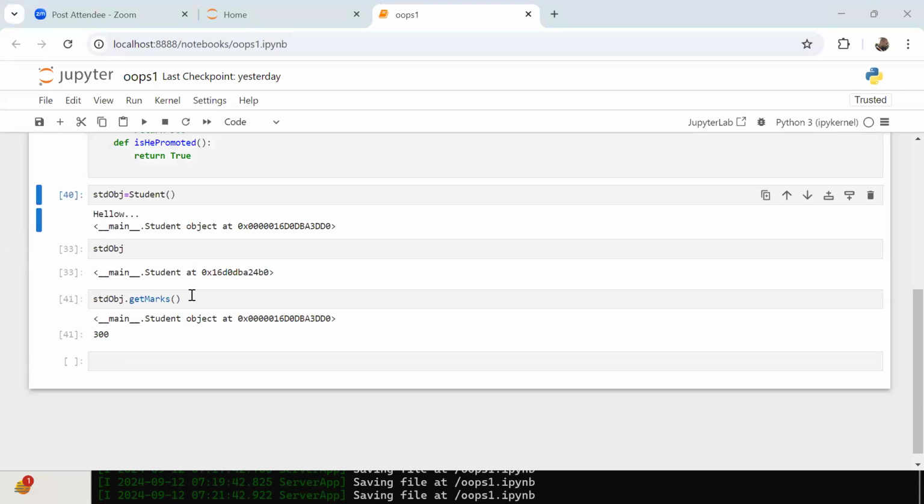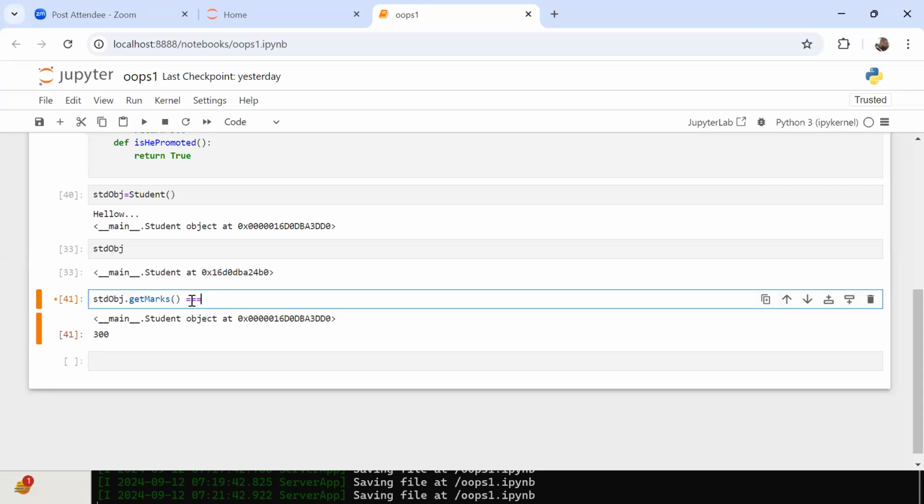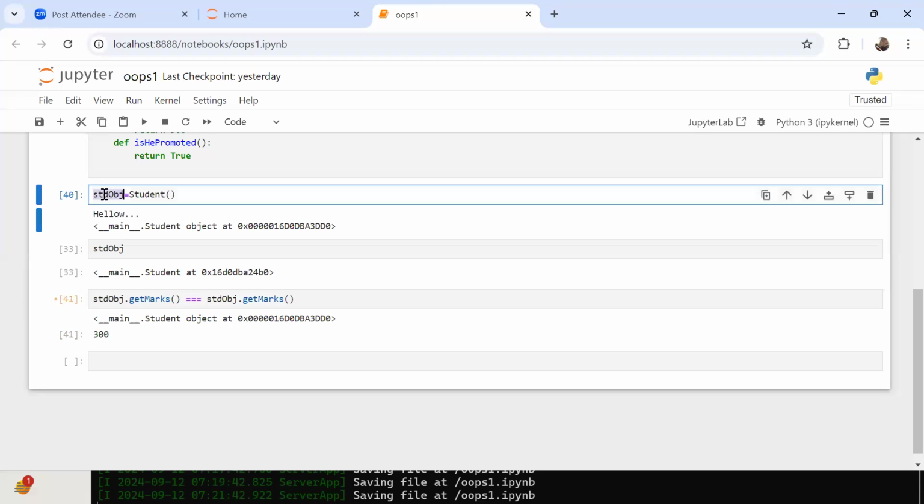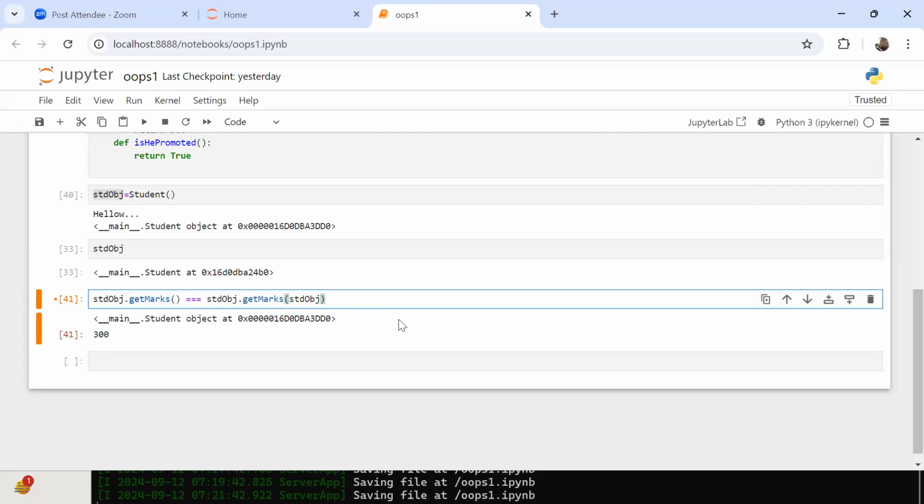Okay, so can anyone tell me, whenever you call like this, internally how is it done to be? Guess. Student obj dot get marks. Pass what? Pass what? Your student object, or not? Internally, it looks like this or not? This call you did not make, but internally Python converted this call like this, or not? Agreed with me? All are okay.